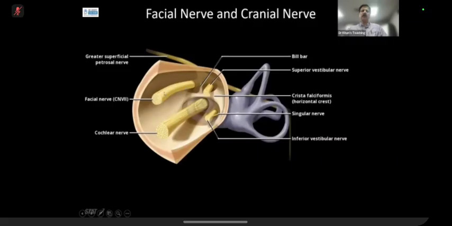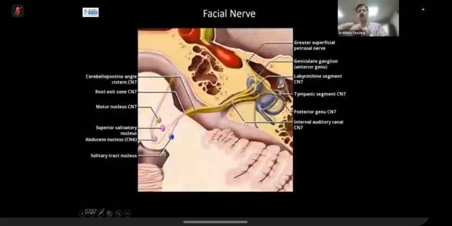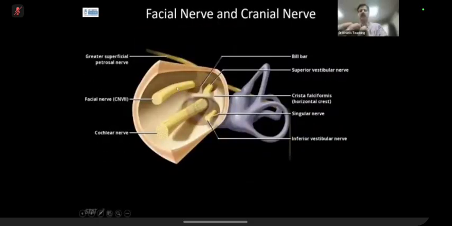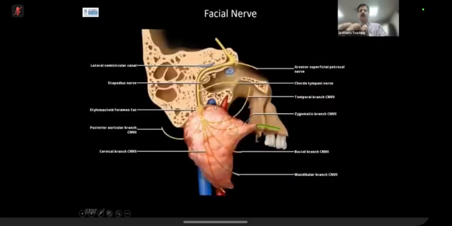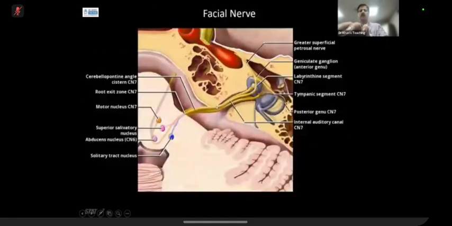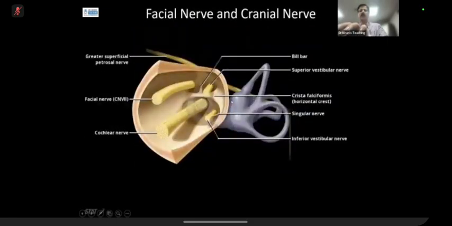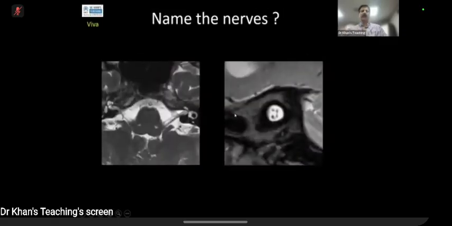Anterior superior quadrant is the facial nerve, common sense, because it is at a higher level. So this is the facial nerve. Anterior inferior quadrant is the cochlear nerve. It comes out from the cochlea. And then there are the superior and inferior vestibular nerves. These will join together. So candidate 2,